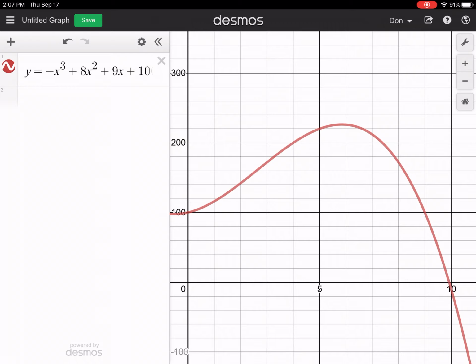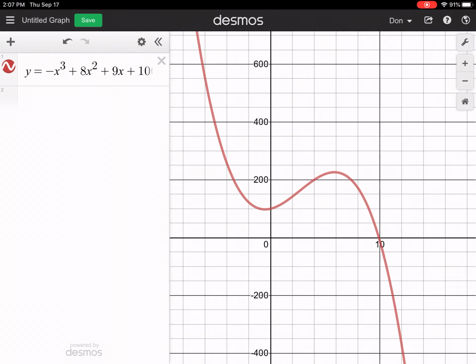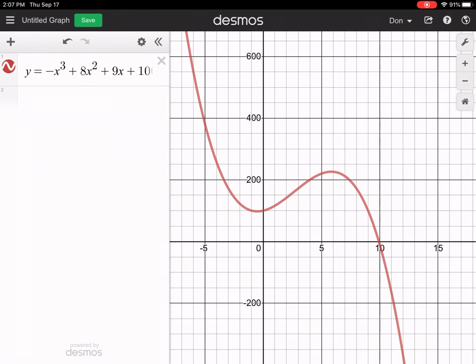And what we want to know is, for this function, the domain. Well, this function goes on forever in all directions. I don't want to mess it up by changing the scale again, but it does go on forever. It's a cubic, degree 3 with a negative leading coefficient, so it goes from quadrant 2 down to quadrant 4. So technically the domain is all real numbers, but because we're dealing with an